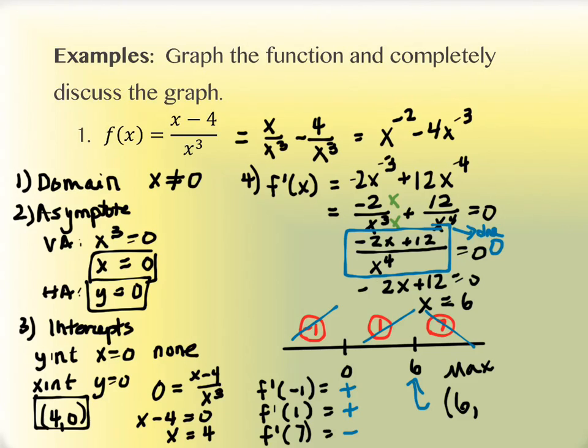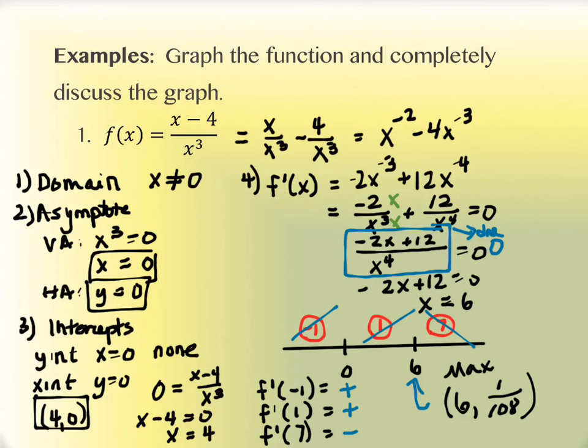The original equation. All right, so let's take a look back at that. Original equation that I was given. 6 minus 4 on top gives me 2. 6 cubed in the denominator gives me 36 times 6. Do you know what it is? It's bigger. 216. 216 is right. So we have 2 over 216, which reduces to